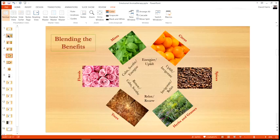Same thing with trees and herbs. You can get a blend that's relaxing while it's renewing. Florals and trees, you're renewing while you're calming and soothing. And then, of course, to finish it up, if you mix the florals and the mints, you get something that's calming and soothing and yet energizing. Okay, now this is just my kluge slide, putting it in a circle because I couldn't get a good enough quality of what doTERRA will give to you and has offered. But this is my,